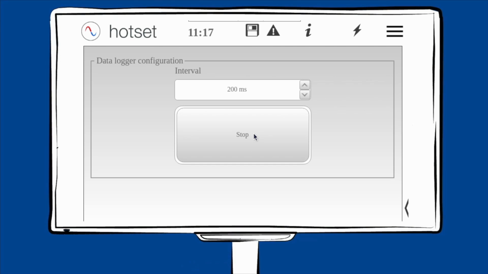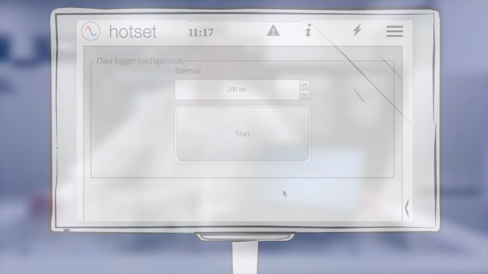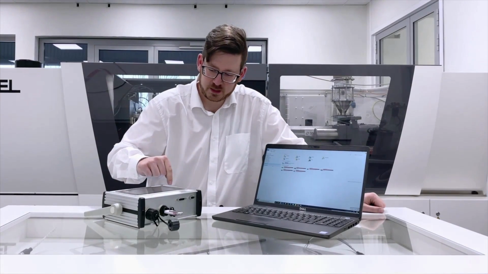As long as you see the save symbol, logging is active. If you want to stop the logging, simply press Stop. It is important that you eject the storage medium properly, otherwise all saved data could be lost. To check the stored data, stop logging, eject the USB stick,